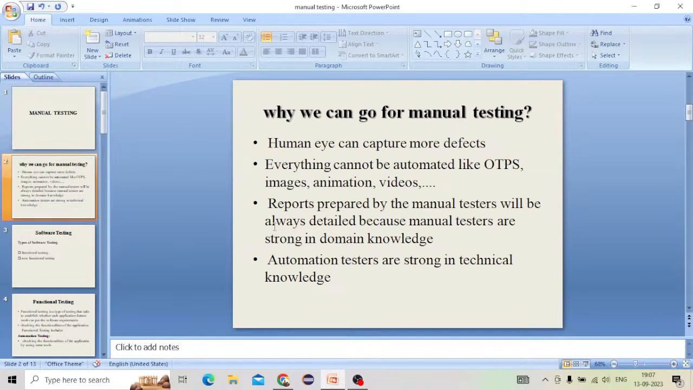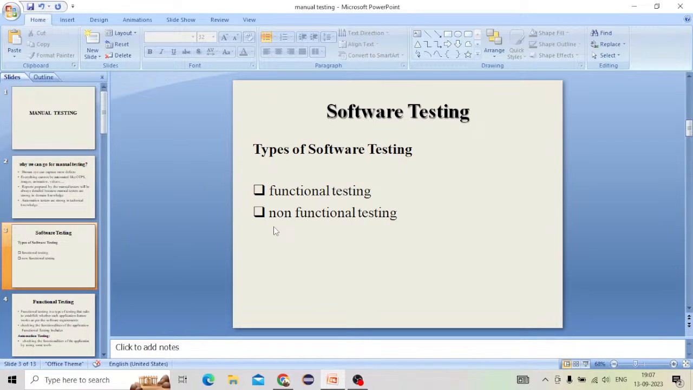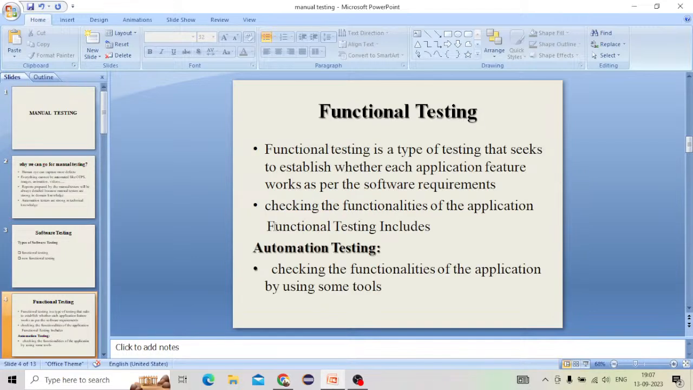Basically, software testing is divided into two categories. The first one is functional testing and the second one is non-functional testing. Functional testing is a type of testing that seeks to establish whether each application feature works, in order to check each and every feature of the application,